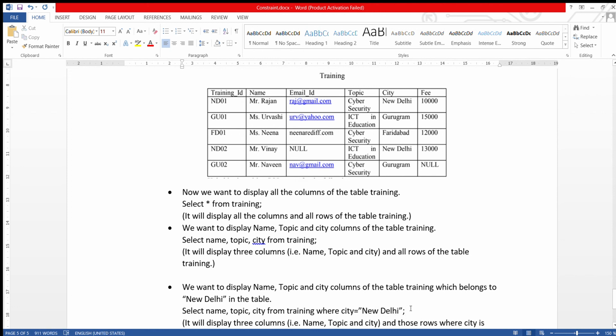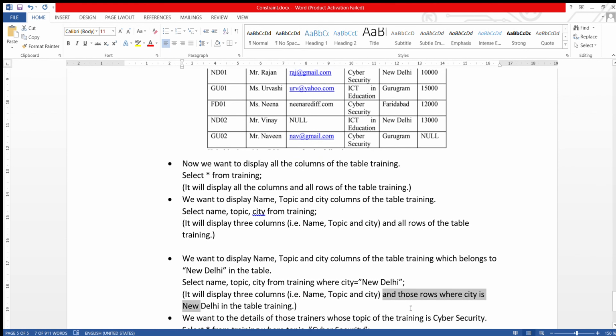Now just see, with New Delhi I have used double quotes. Why? The same logic, the same reason which I explained in my previous class. With alphabets or alphanumeric values, we have to use either single quotes or double quotes. Just see the explanation. It will display three columns, that is name, topic and city, and those rows where city is New Delhi.